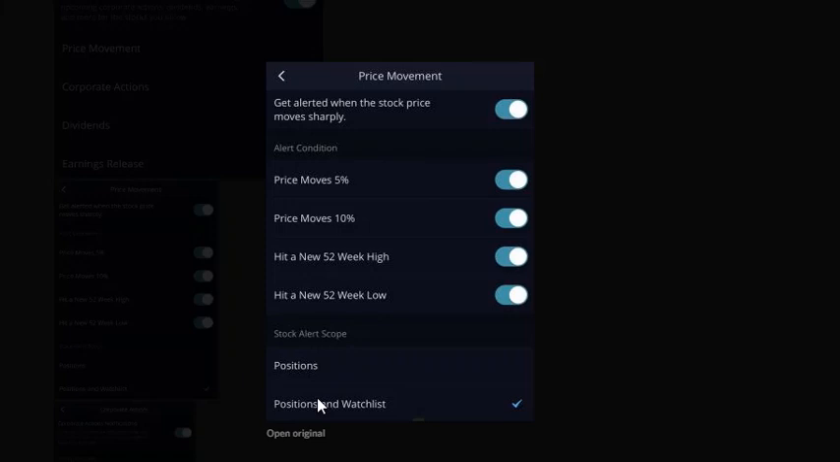So like let's say you have on your watch list 10 different stocks, and you want to see the ones that hit a new low or a new high every time. You can have this selected, and all the stocks that you own and all the stocks that are in your watch list